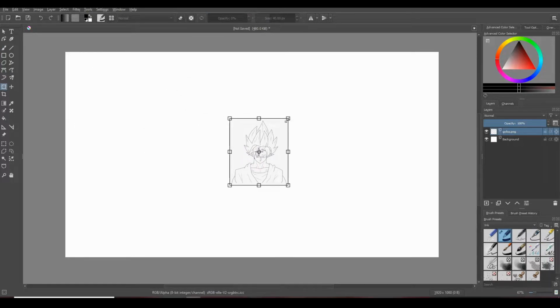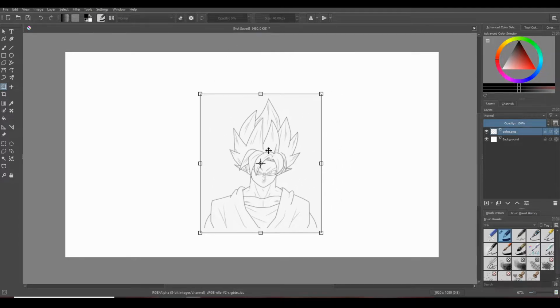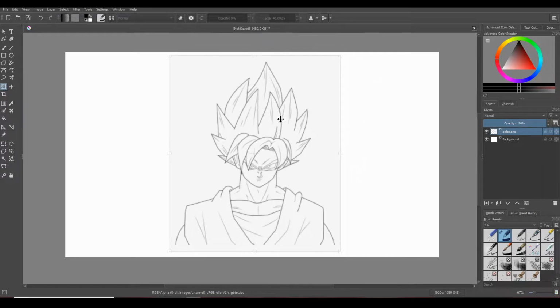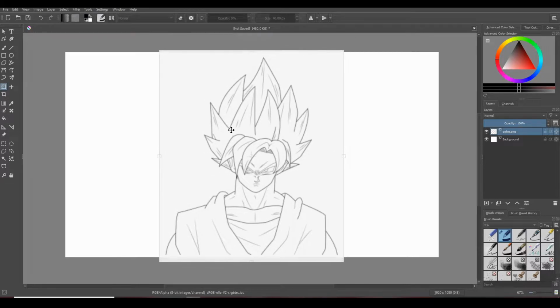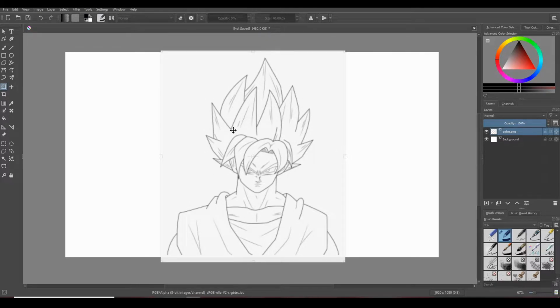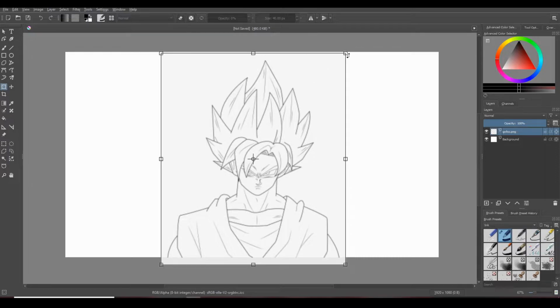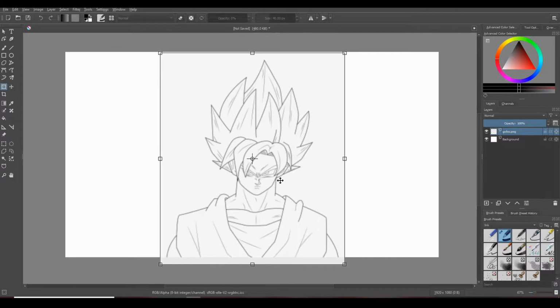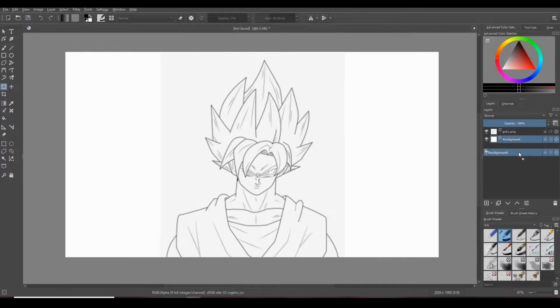Then once you have it on your canvas, go ahead and click transform right here, drag it here, hold down shift and drag it out to keep the ratio the same, and make it so that it's big enough but not too small. So I like that size, it's pretty good. Keep it in the center of your paper and have this below your actual drawing. So we'll name layer 1 line art,